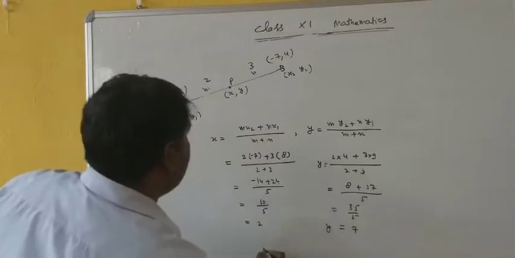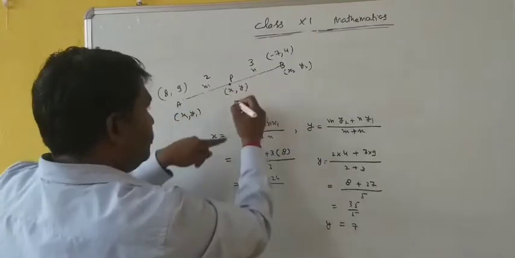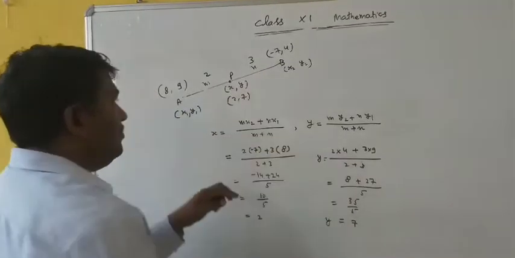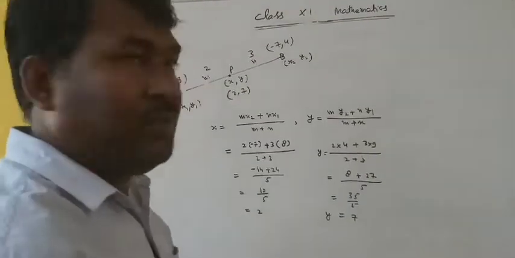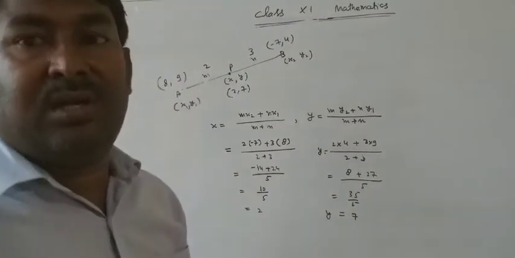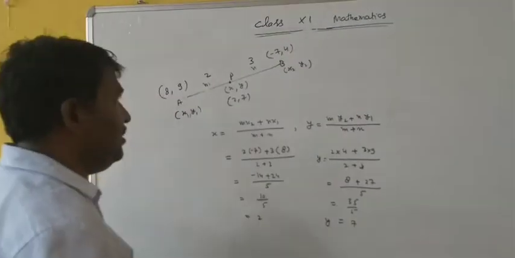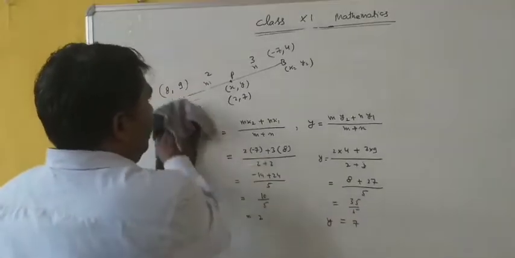In this way we can find the coordinate of this point, 2, 7. I think it is quite clear. Now for external division, there is an example. Thereafter I will give you some questions. For external division,